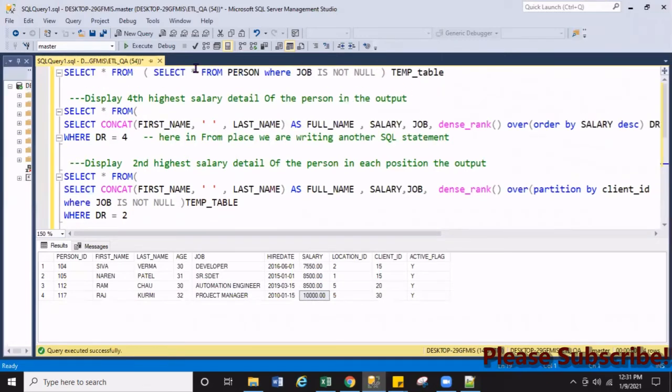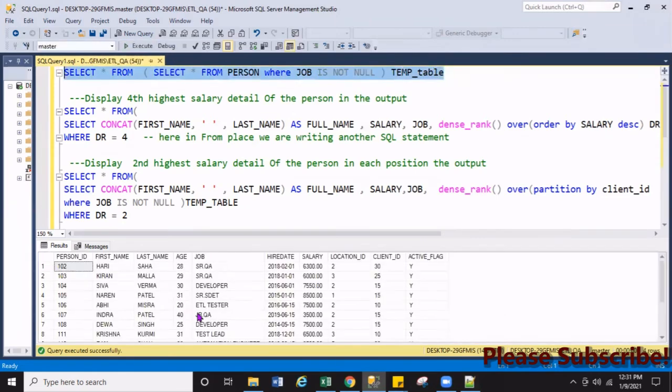So here what I'm doing is select star from, and I did not give any table. Instead of giving a table, I am making a subquery and giving it as the temporary table. If I run this, see, it's done.